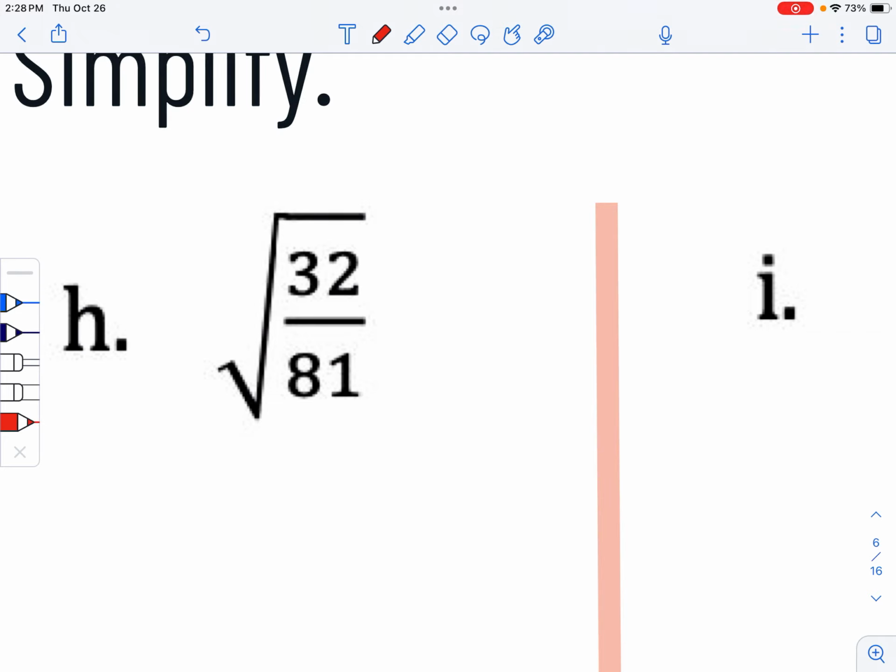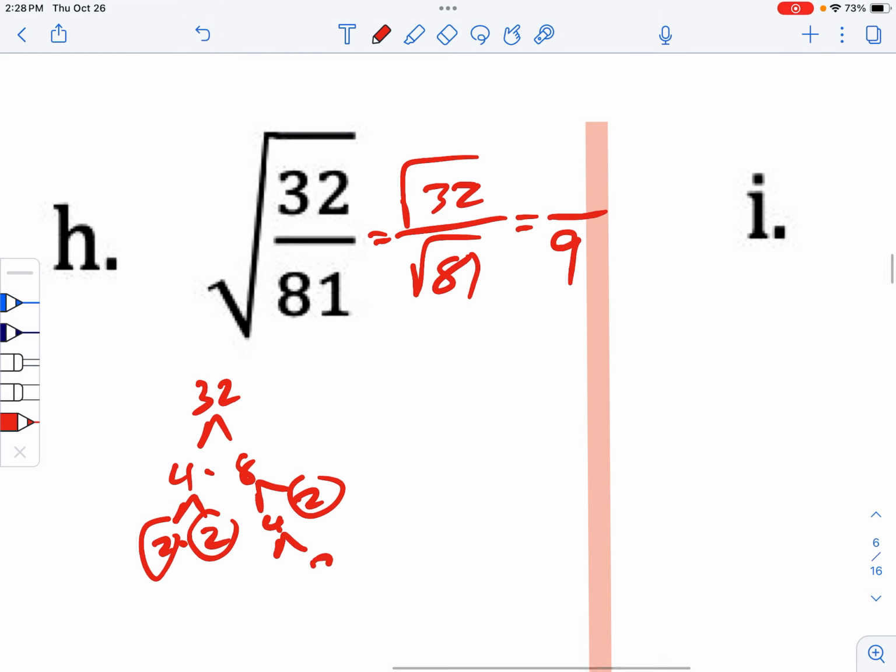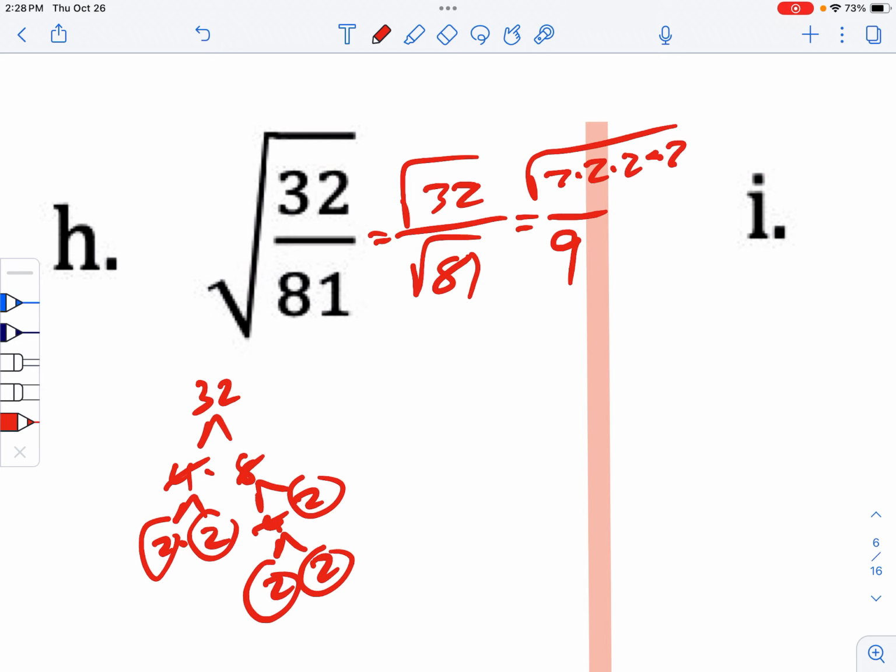32 and 81. Square root of 32, square root of 81. Well, I know the square root of 81 is 9, but the square root of 32, if you break it down, that's 4 times 8, 2 times 2, those are both prime. 8 is 4 times 2, 2 is prime, and then 4, that's 2 times 2. If you do the prime factorization, you don't use the numbers that came from it, just the prime numbers. So there's 3, 4,